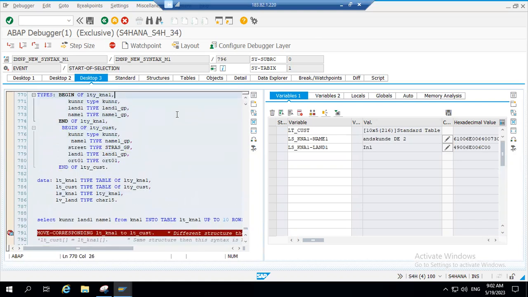Because of that, the first three characters of the name are truncated and filled into land1, and the remaining text is filled into name1. So because of the structure change,